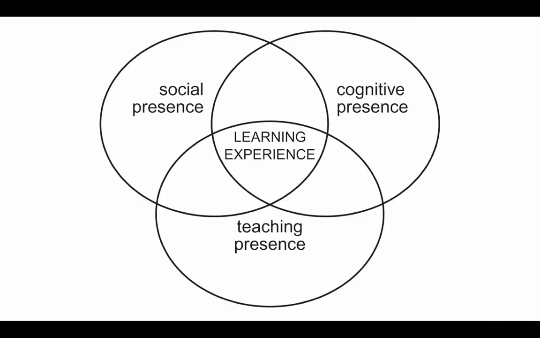The community of inquiry model was originally developed by three researchers at the University of Calgary: Garrison, Anderson, and Archer. The community of inquiry theoretical framework represents a process of creating a deep and meaningful collaborative connectivist learning experience through the development of three interdependent elements: social, cognitive, and teaching presence.